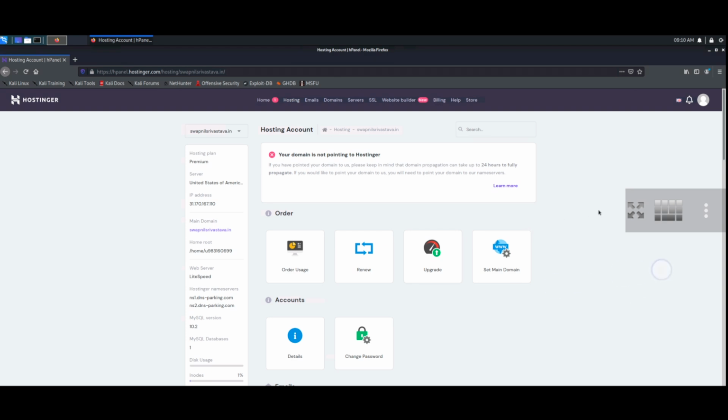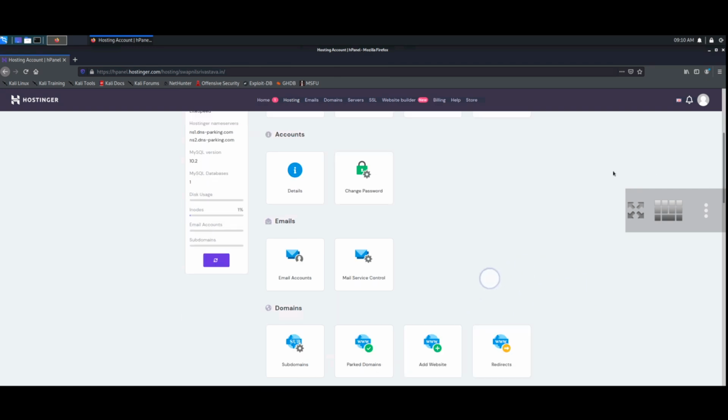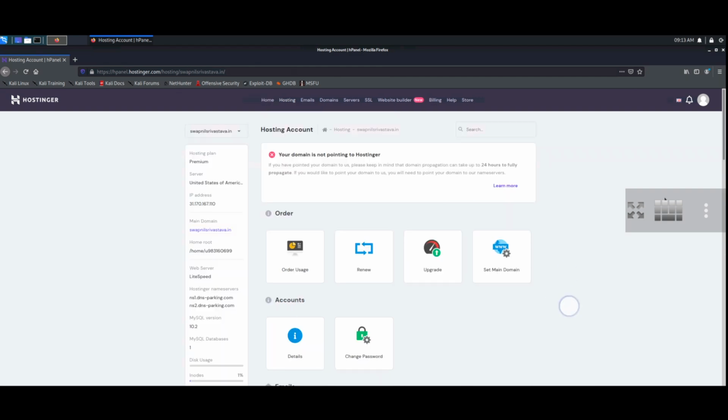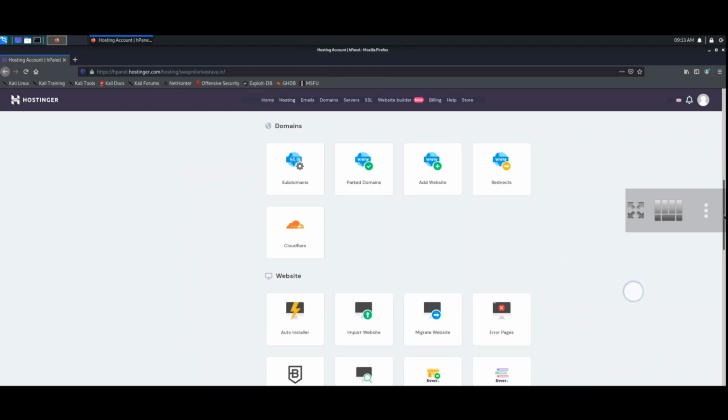What you have to do here, simply slide down and you will find all the features of the Hostinger. So basically this is the Hostinger cPanel, and they just summarized every important thing or tools related to your website. You can simply use it from here. Now simply slide down, and here you have to click on this auto installer.